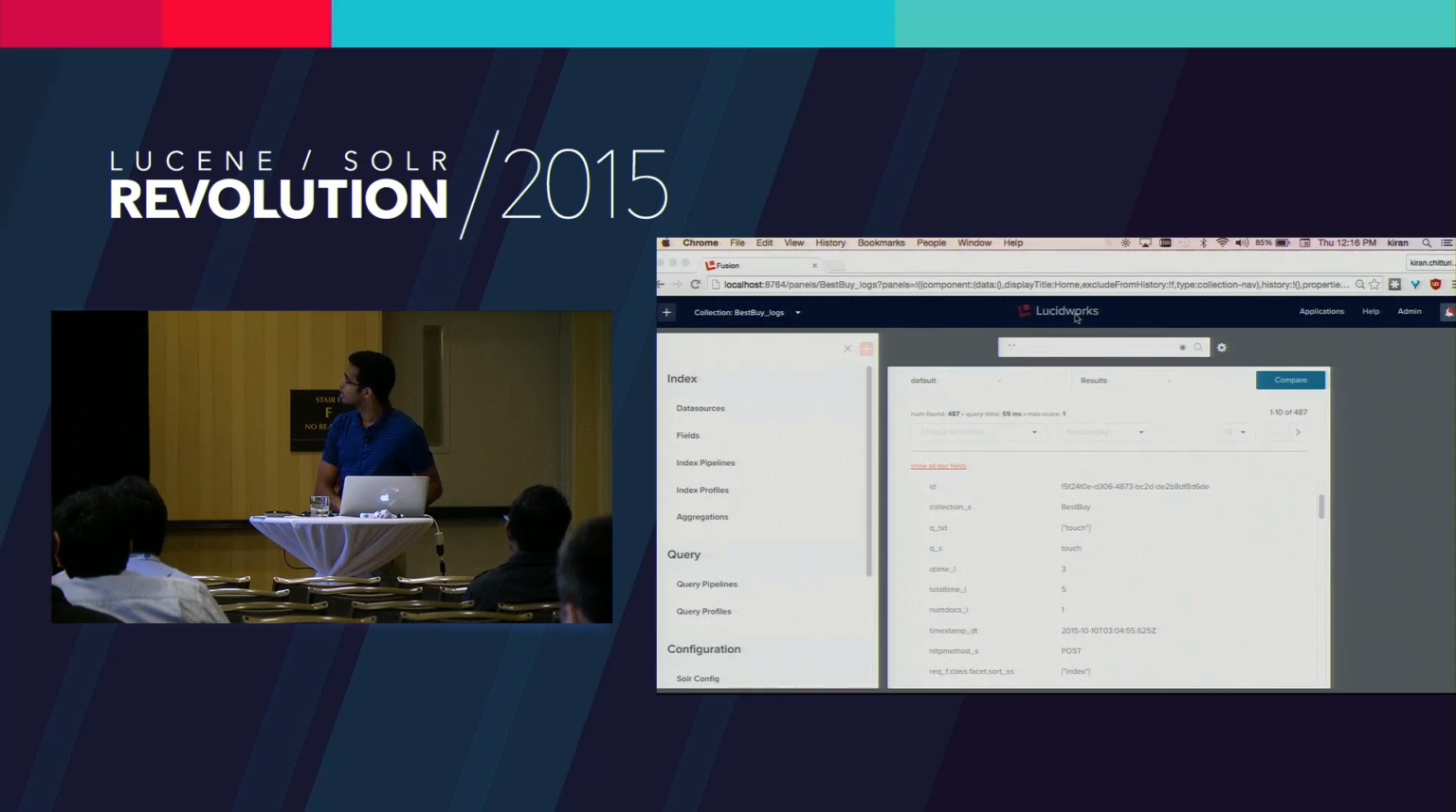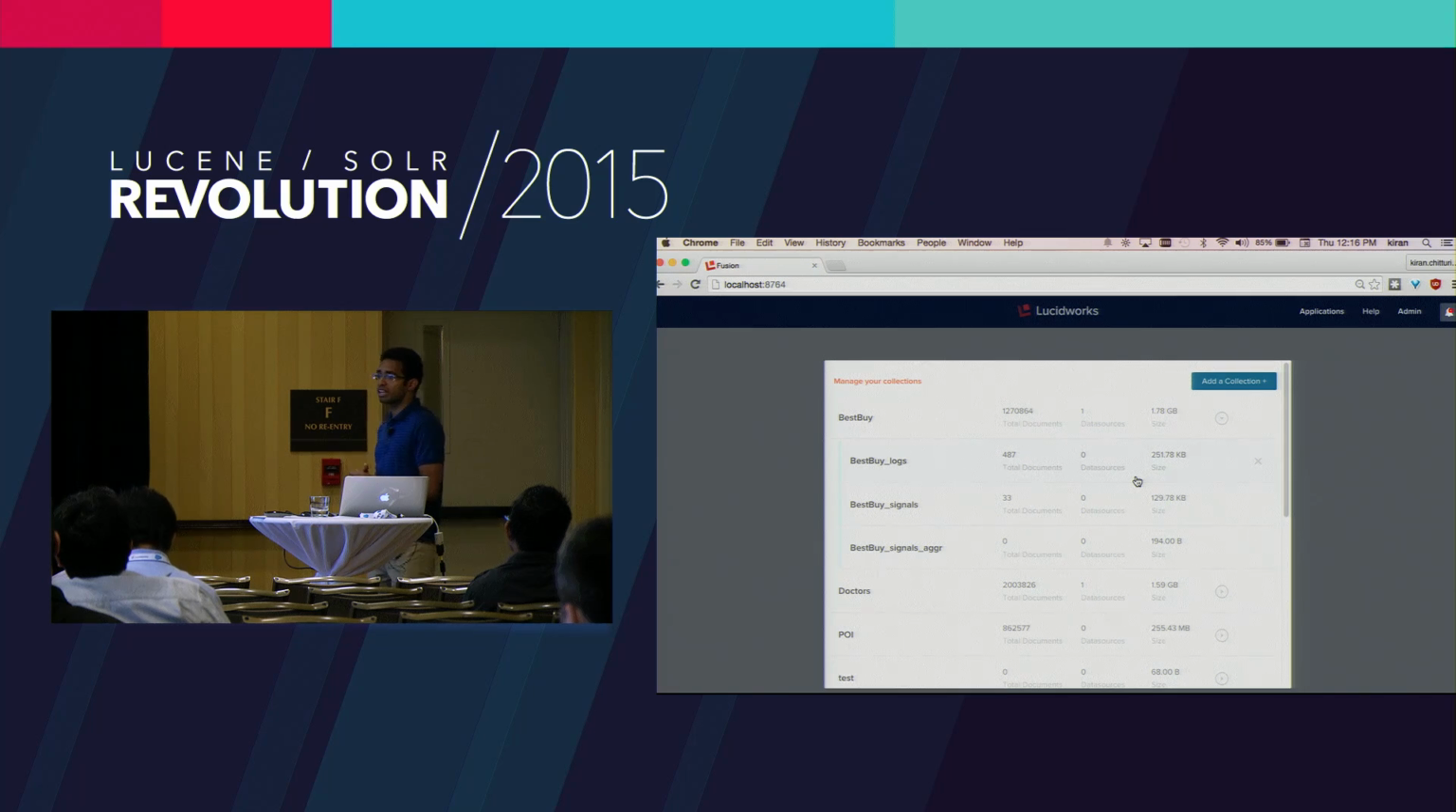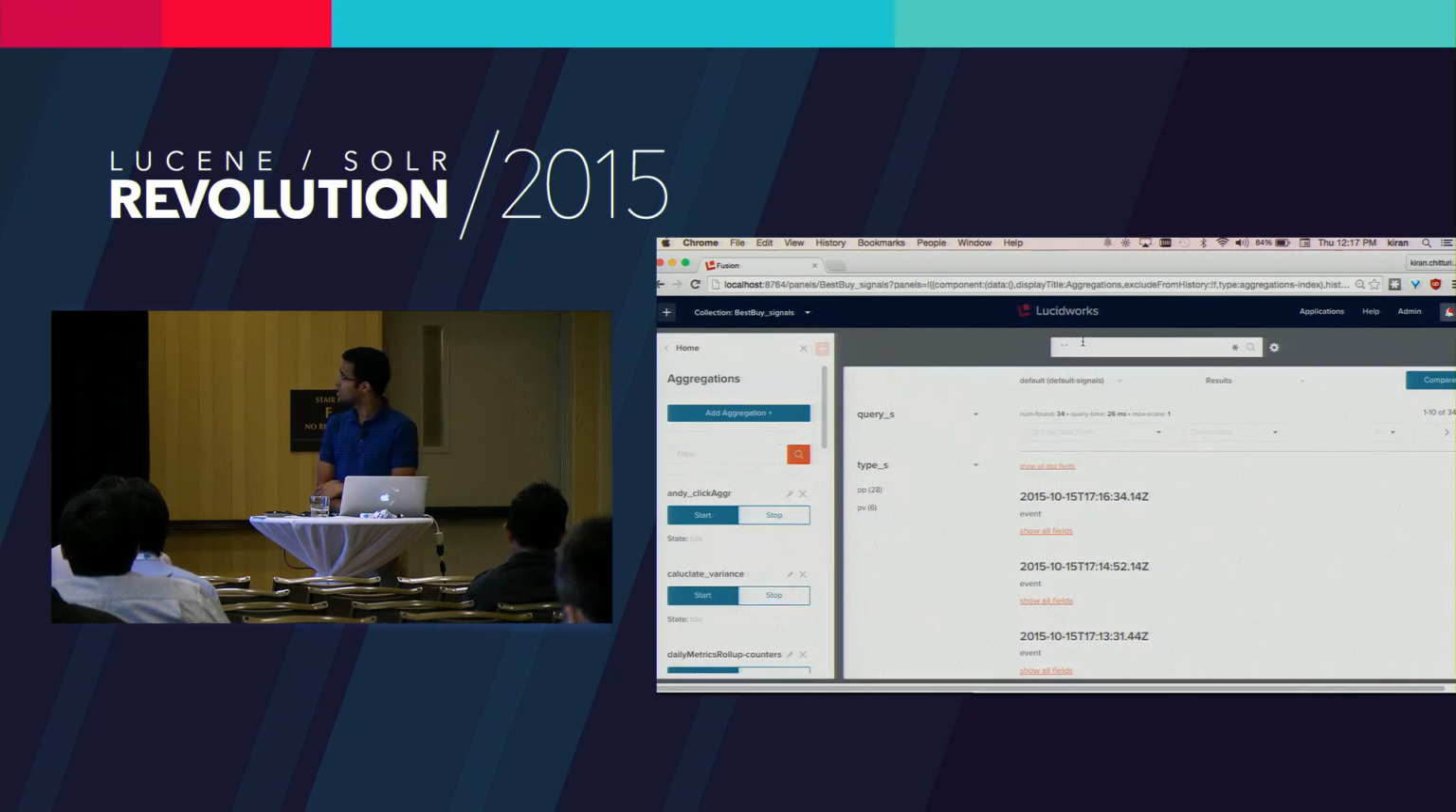Now let's go back to the Fusion UI. We talked about the first auxiliary collection, which is logs. And what do we do with it? We store all our raw search logs in it. And then the next thing we have is two collections with the suffix underscore signals and underscore signals underscore AGGR. Within the signals collection, we store all the raw signals that are sent by the user or that are sent by Snowplow. And then if I click on this now,